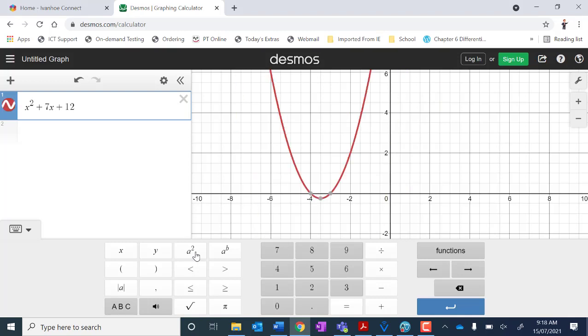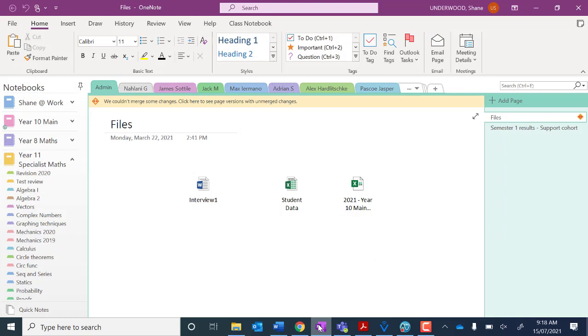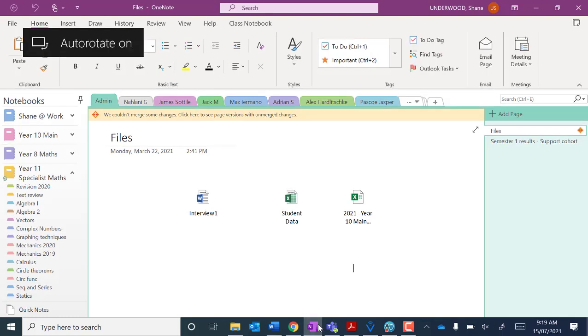Now, if I was to factorize that, you might recall that I need two things that multiply to give 12 and they add to give 7. What are they? 3 and 4. Now, let's think about this just for a second, because there is a reason why we've been doing all of this factorization, isn't there? There is a reason. And that reason is that, if I were just to write it down here, if I have the graph of,